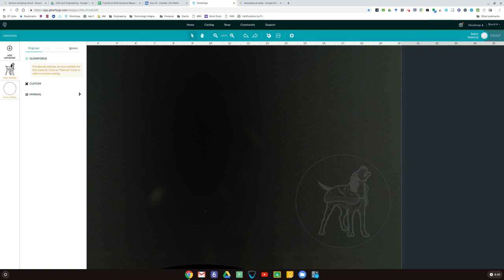So key things to remember, this is subtractive manufacturing. We're removing material rather than additive, which is adding on like 3D printing. So we have to use different file types to be able to do subtractive because it's a different process. So make sure you watch the related videos on how laser cutting works, what the Glowforge is, all those kinds of things. Take the quizzes and